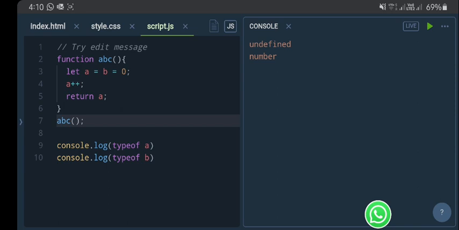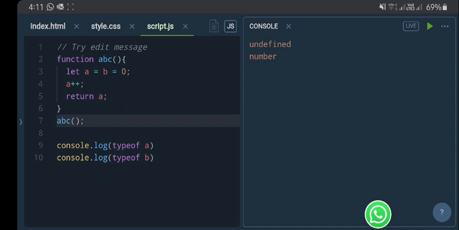Since b will be a global variable and a is a block scoped variable, a will not be accessible outside that function, and we are trying to access it on line number 9, which is outside of that function, and that's why it is returning undefined.